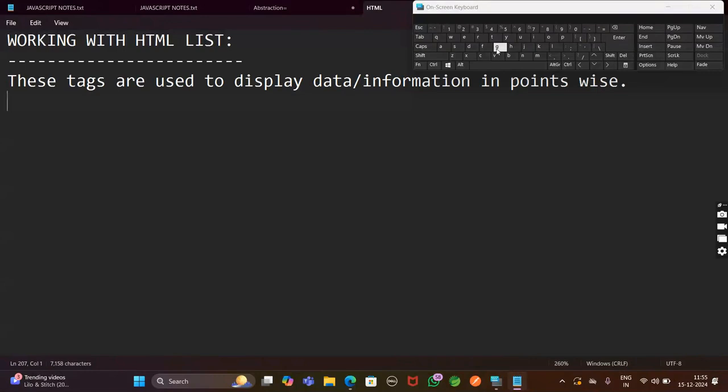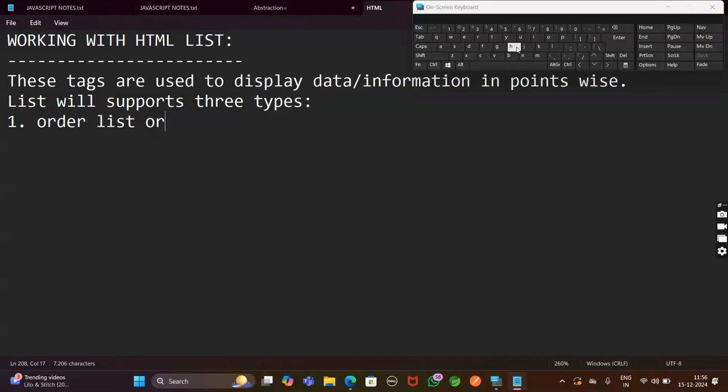Okay, and next, here list supports three types. Three types that we can say: first one, order list,